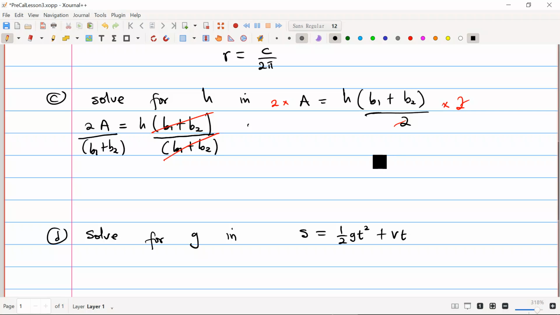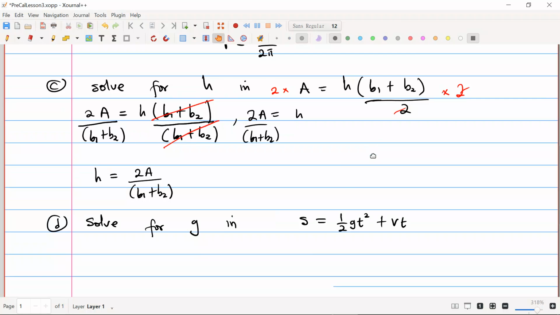Okay, so I'm going to have 2a over b1 plus b2 is equal to h. So in effect, I have my h given as 2a over b1 plus b2, and that is your equation for h. Okay, if I go to the next problem,